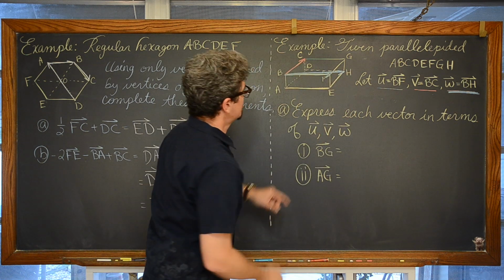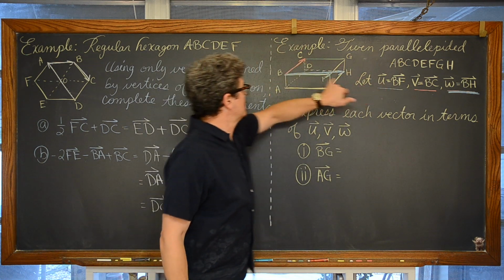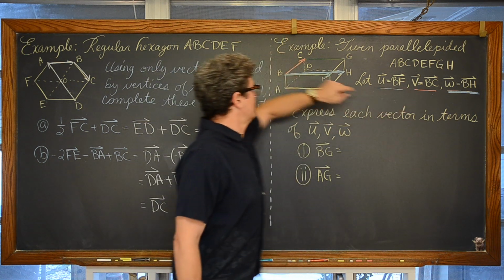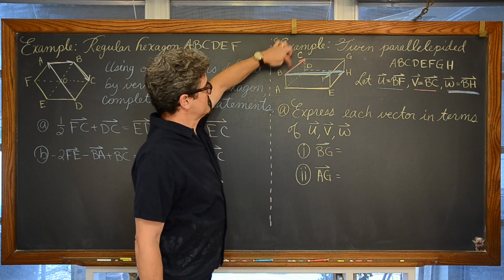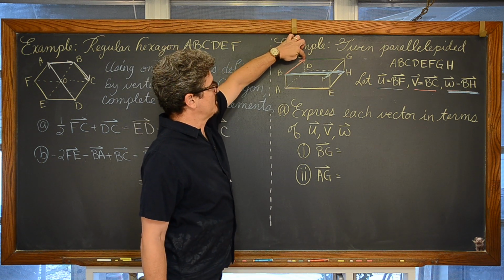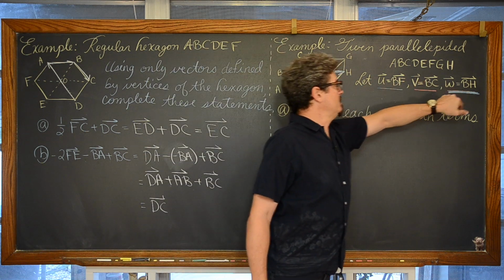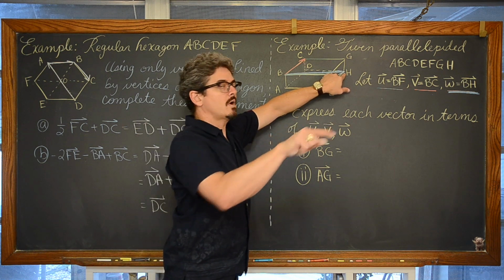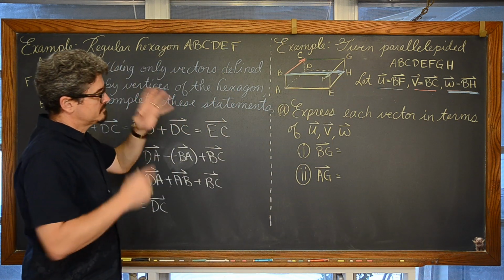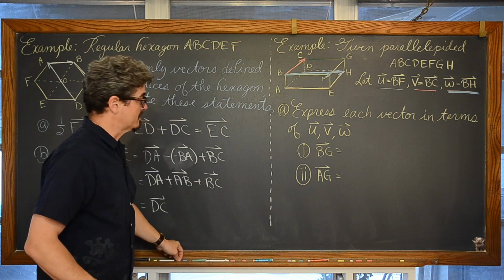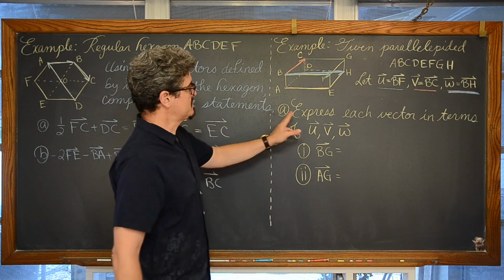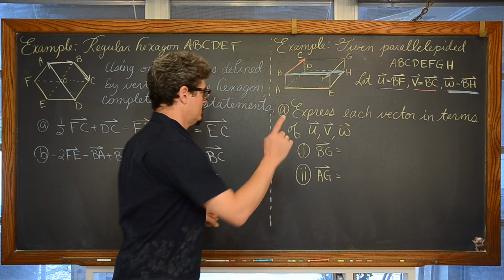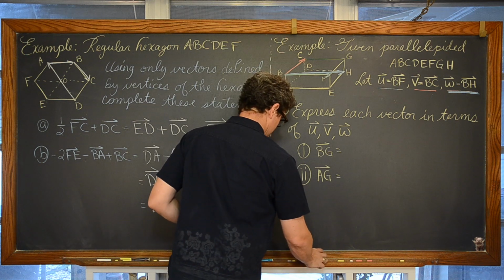Okay, so we have vector U going from front left to right front left. We have vector V going from left front upper to left rear upper part of the box. Vector W, upper front left to lower rear right. We try to get that as three-dimensional as we can on a flat chalkboard to help you see that. Now, express each vector in terms of either U, V, or W.